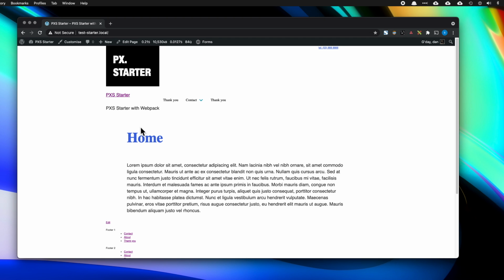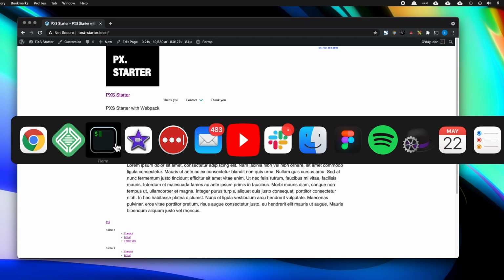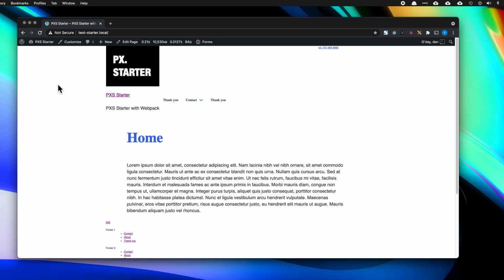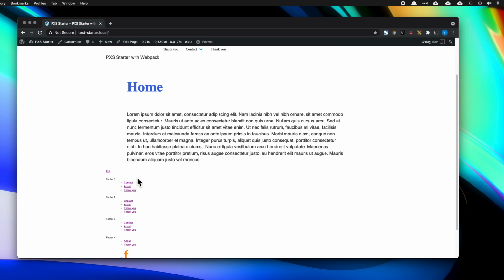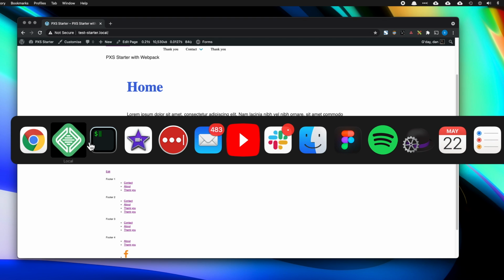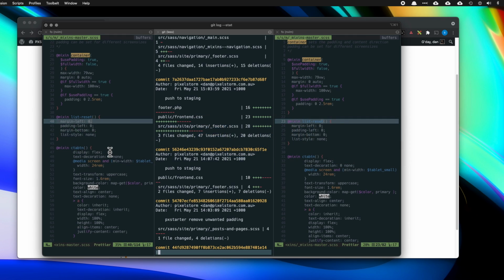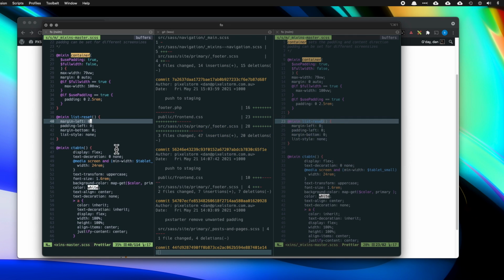I'm still sort of in the process of putting it all together, and so the beauty of this part of the process which I'm about to show you is that you might be working on another theme, you might be working on another website project, and decide that you want to include this in your starter theme. You might want to include some mixin in your starter theme, or you might want to include some footer menu styling in your starter theme. So the way I get around that is, in this demonstration here,